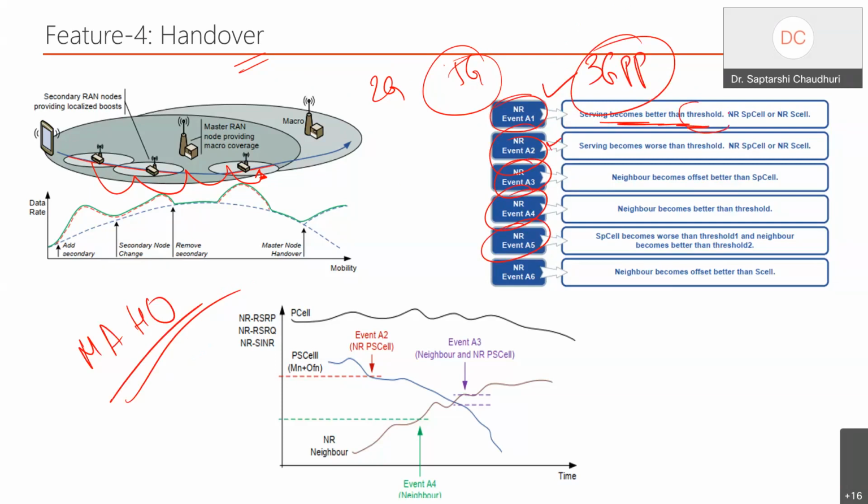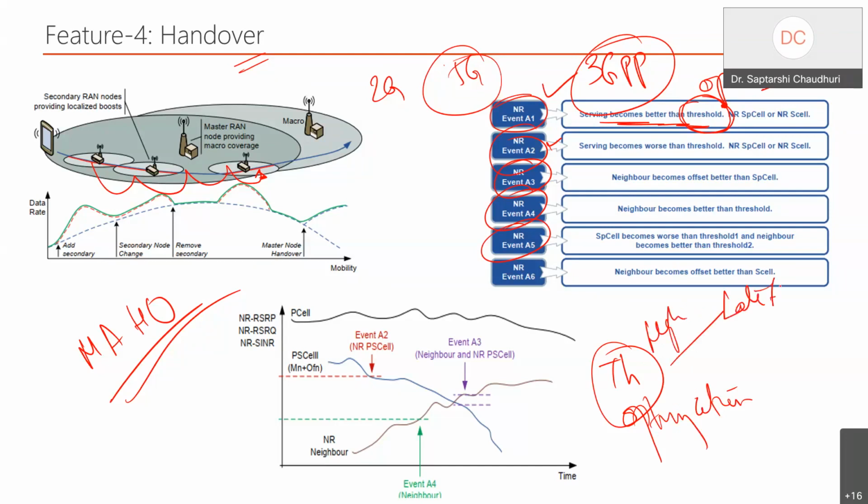Now just see this word called threshold. This is where the operator controls this threshold value. If he has wrongly configured this threshold, then you can imagine we'll be flooded with a lot of these events, and that can cause software problems, handling problems. If this threshold is high, then I will do a late handover. So threshold optimization is a big subject in our radio management algorithms: if my threshold is high, I do a late handover. If the threshold is low, I do an early handover.